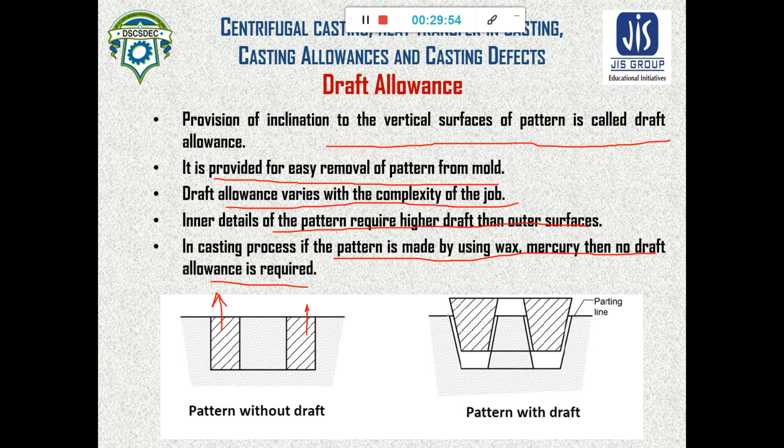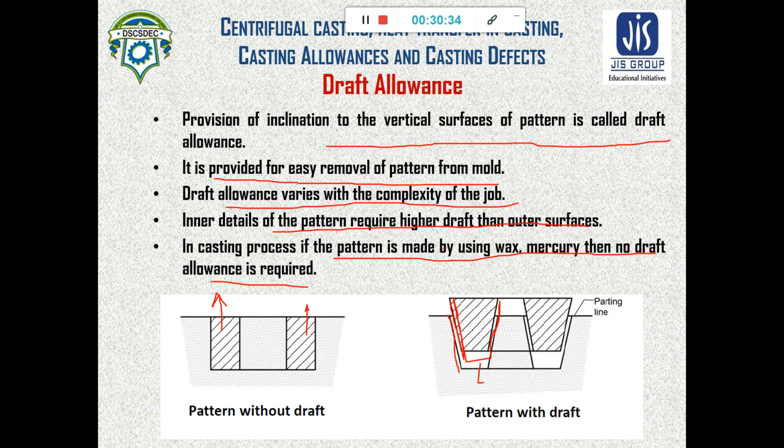That's why we give an inclination to the pattern. This inclination gives an easy removal operation. By easy removal, the mold cavity can retain its shape, and the pattern can be removed easily. So that's why draft allowance is added, and the draft allowance is a type of allowance